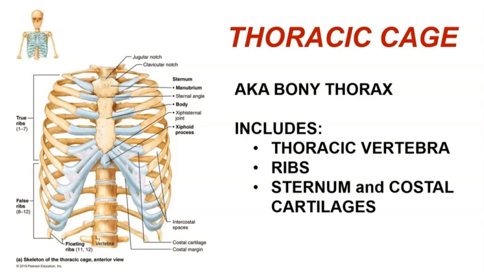So continuing on with the remainder of the axial division of the skeleton, we'll discuss the thoracic cage. Now, the thoracic cage is a bony structure that is also known as the bony thorax. Its elements include the thoracic vertebra, which are located on the posterior side of the thoracic cage, the ribs on the lateral aspects of the thoracic cage, and the sternum and the costal cartilages that are located on the anterior